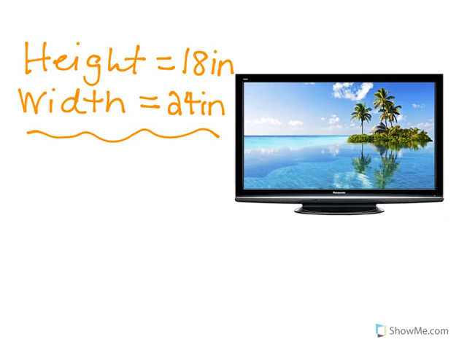Hey everybody, let's talk about using the Pythagorean theorem in the real world. So let's take a look at this example. Let's say that you go to buy a television and you want to know what the size of the television is. And we know that televisions are